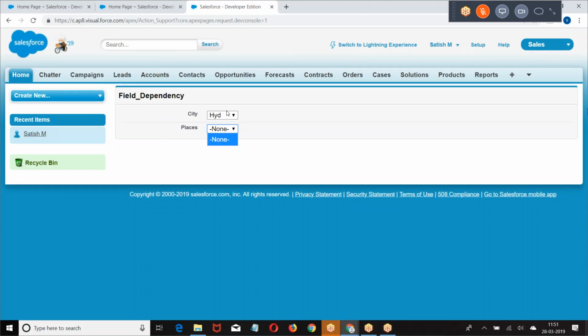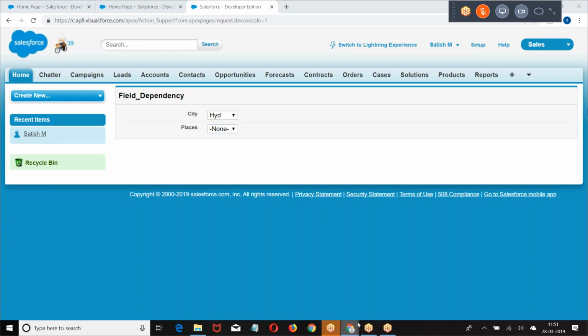Now generally, when any event like on click, on change, on focus, on blur, all these are what? Events. When the event occurs, what should happen? I have to call JavaScript. On click, JavaScript. On change, JavaScript. On focus, JavaScript. On press, JavaScript. When any event occurs, I want to call JavaScript. But in my case, I don't want to call JavaScript. I want to call a method from Apex class. When the event occurs, I want to call a method from Apex class.